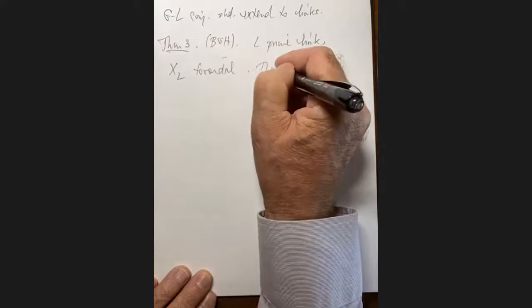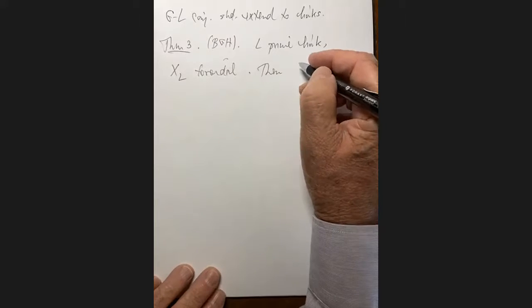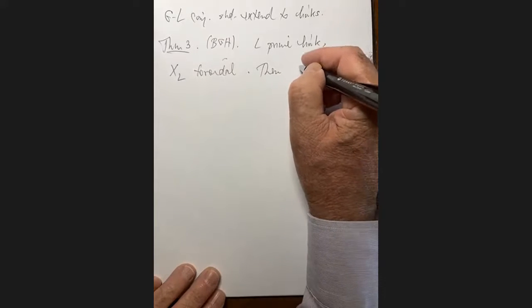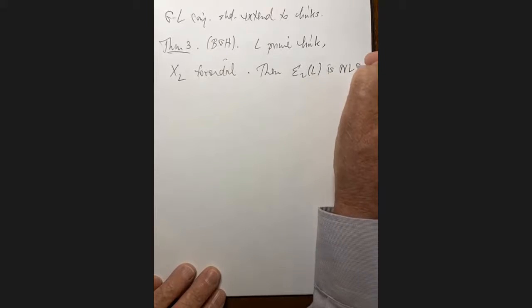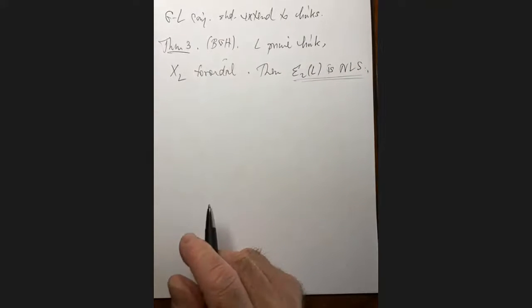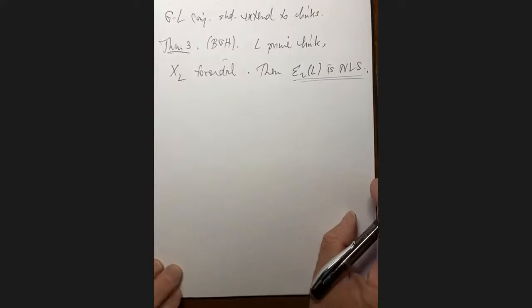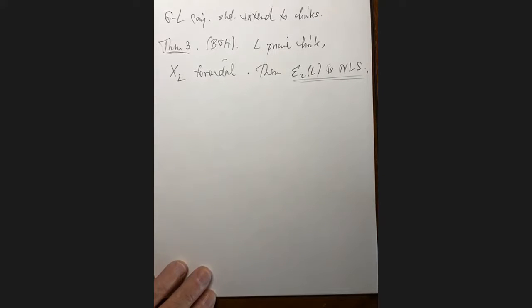Well, then one expects all the cyclic branch covers to have these three properties. But in fact, at least we know that the two-fold branch cover is NLX. We actually know some more, but let's just stick to that. So this leads, finally, to the topic in the title of the talk.